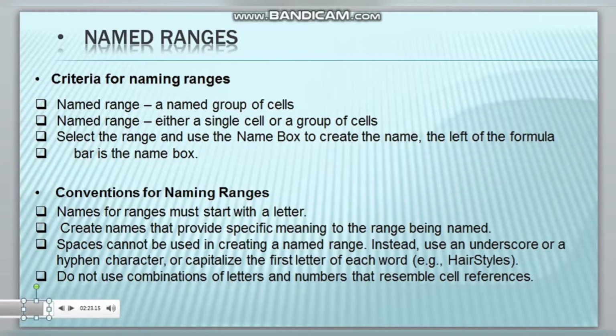So you go to Formula tab, you see there's a name manager. So click on name manager, you will get a dialog box and then you will see the tab of your name range. What if you want to rename it? Just click on edit button and you will get a dialog box there. You can change the name and click on OK. So this way you can rename the name range.